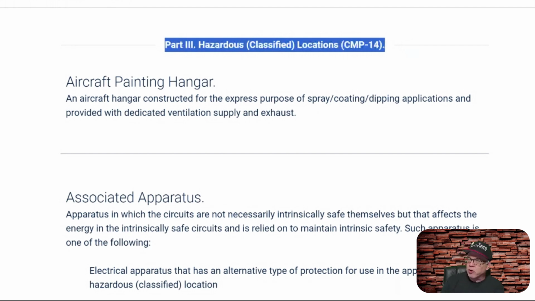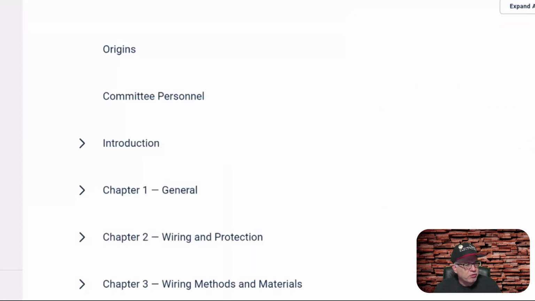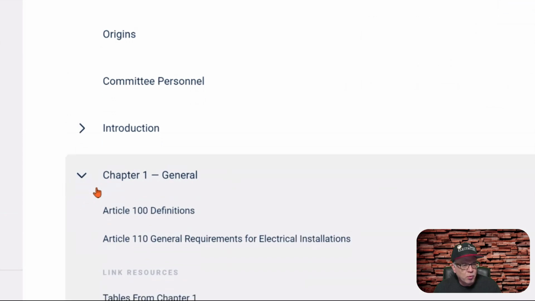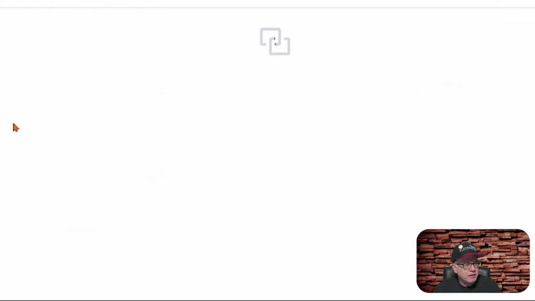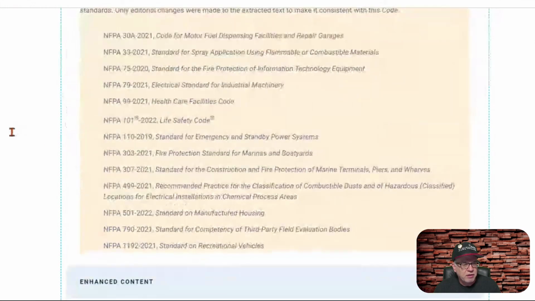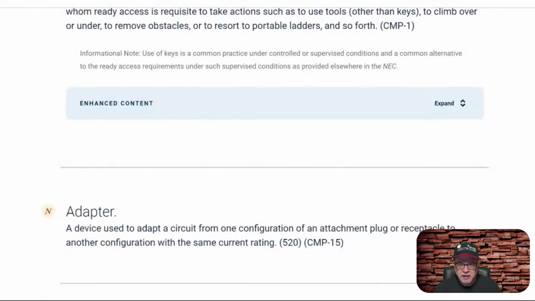So that's why we say if you're in the 2020, your reference is going to be Article 100, Part 3. If you're in the 2023 edition, I'll take you back to the 2023 edition, and we will go into Article 100. I want to show you now that the way this works is that